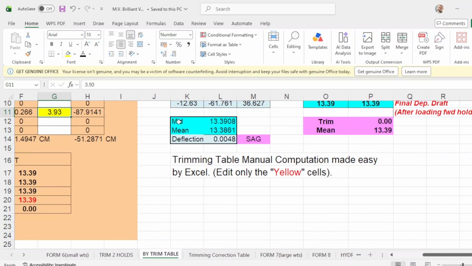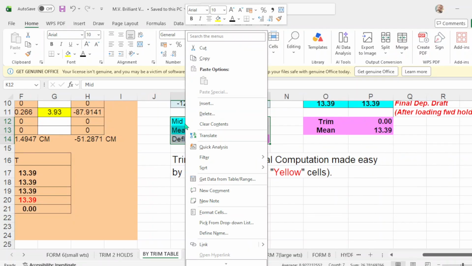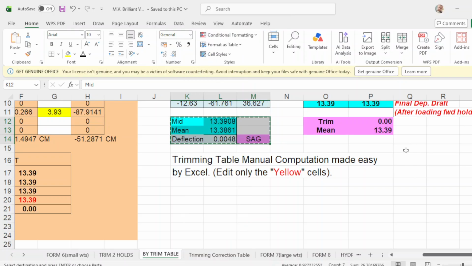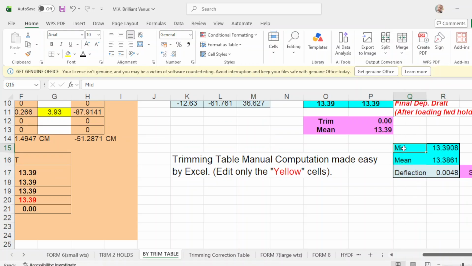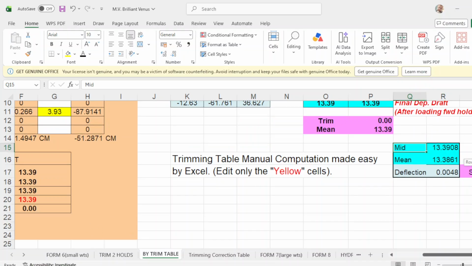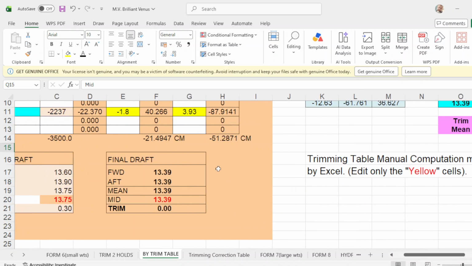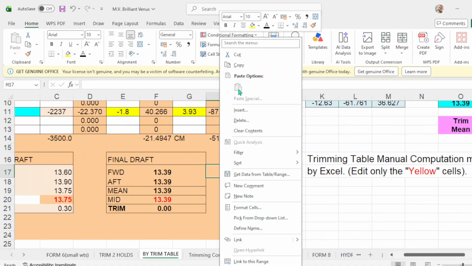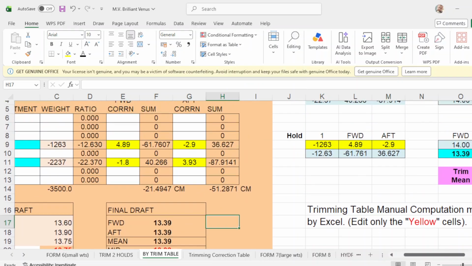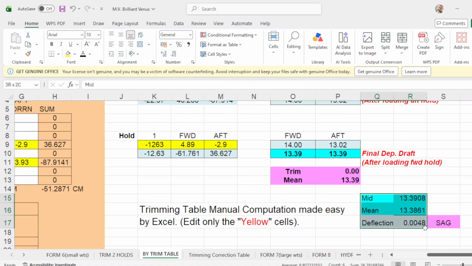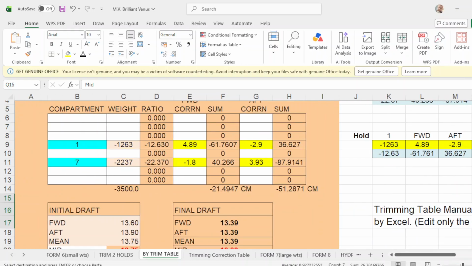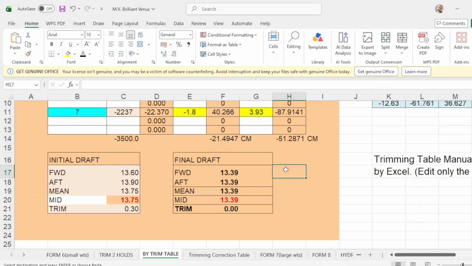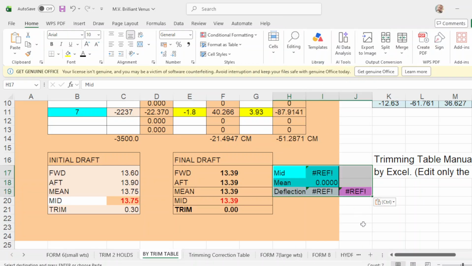I'll put this one, cut, make it here, paste this one, put it here somewhere, paste, okay, copy, paste.